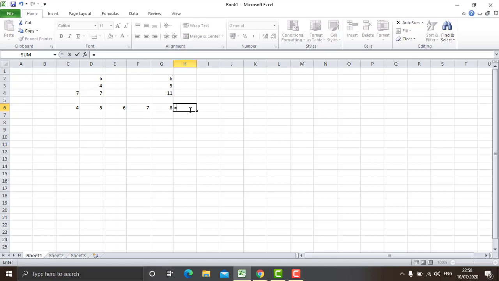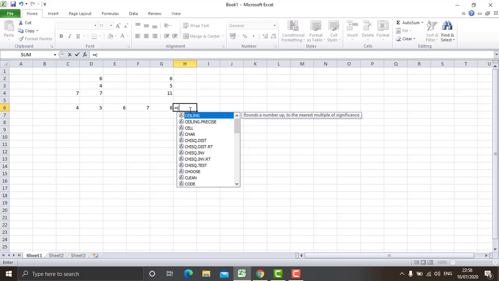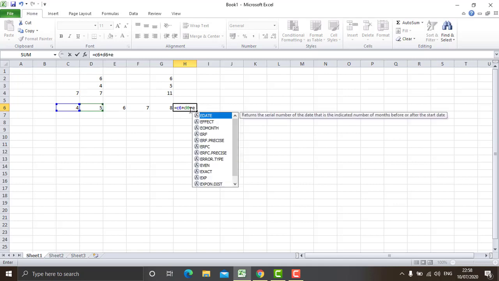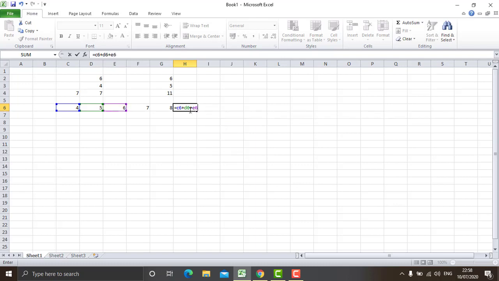So I'm writing it like C6 plus D6 plus E6 plus F6 plus G6. So we have all those 5 cell addresses, plus the enter key.